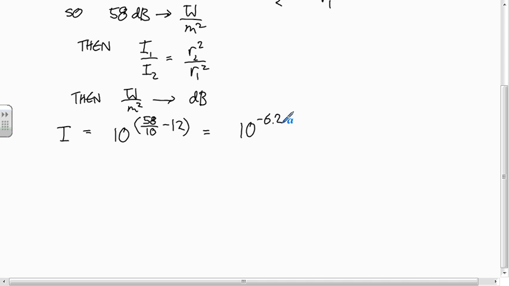Okay. So if you remember exponent rules, another way you could think of that is you have 10 to the 5.8 times 10 to the minus 12. Okay, and does anyone know how to do this with fractional powers? Because my answer must be wrong. I wrote the wrong thing here.